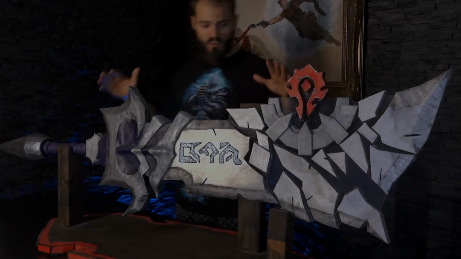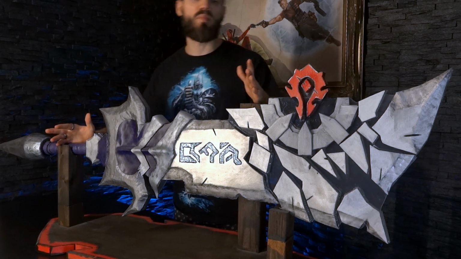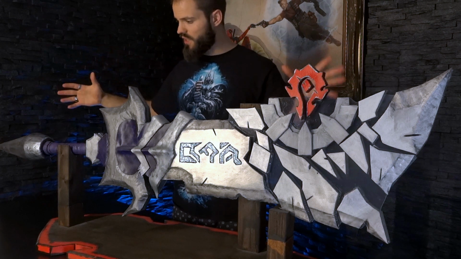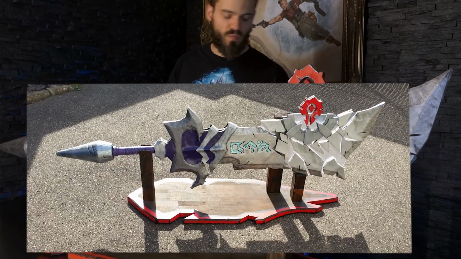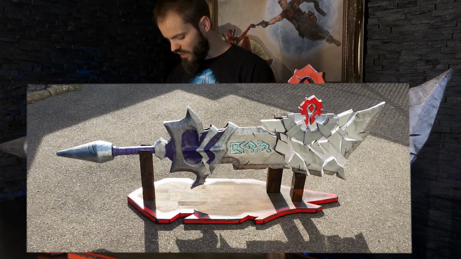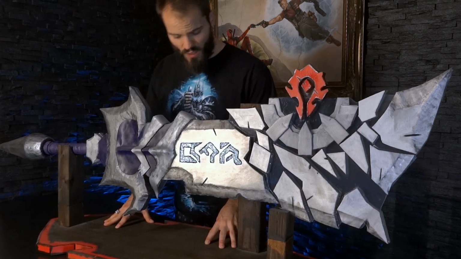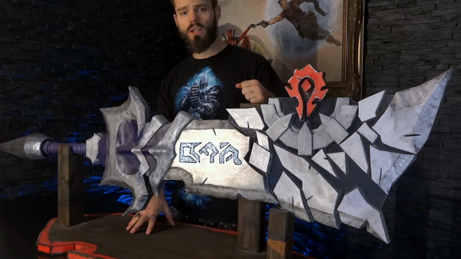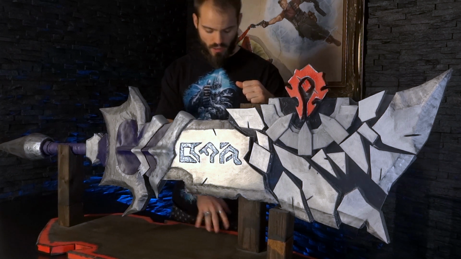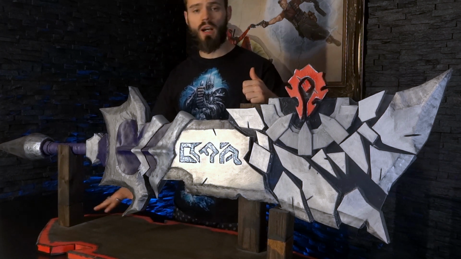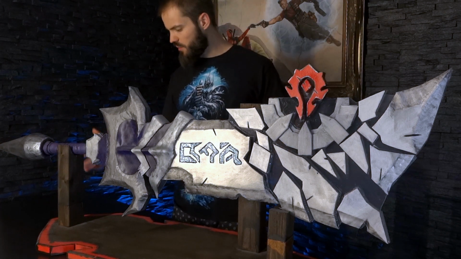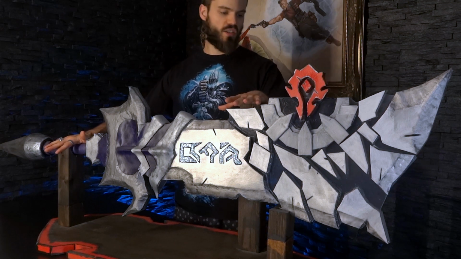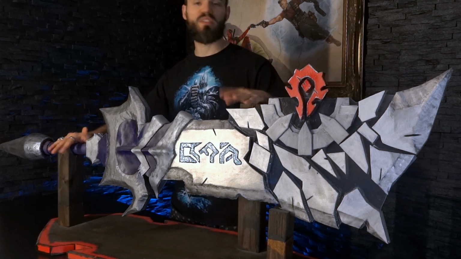Do what you like. Once everything was done, I was like, okay, where do I place it? I don't know if you can really see this because it's very huge and I had to readjust the camera, but I cut out a wooden frame in a Horde style shape. I then applied some wood oil to give it a darker look, and I added some black and red outlines, measured how I'm gonna place it, put everything together, and now I have my epic wooden Horde weapon stand